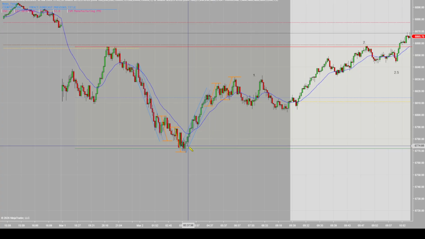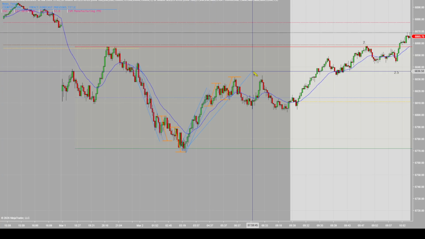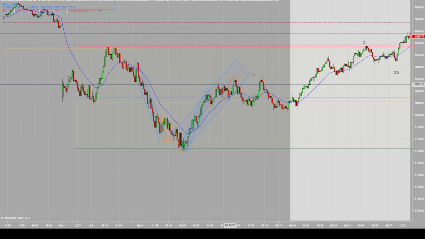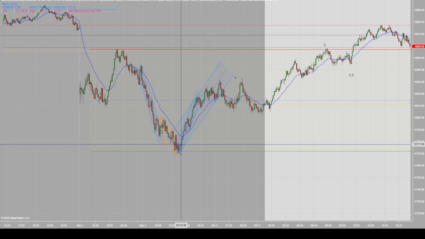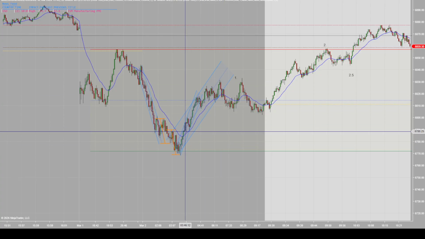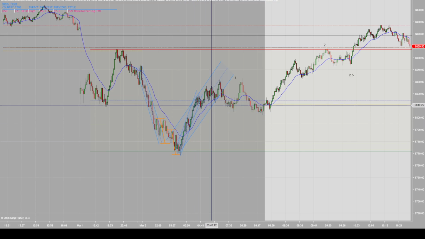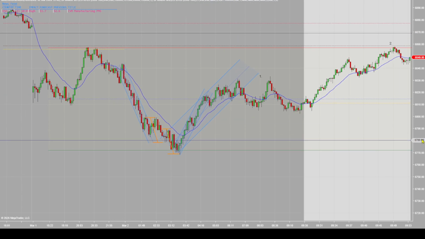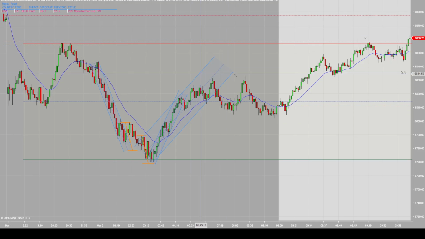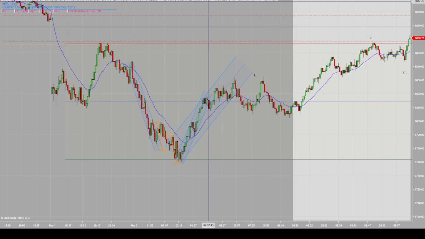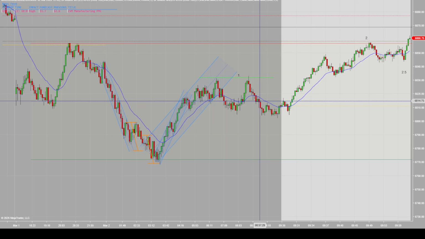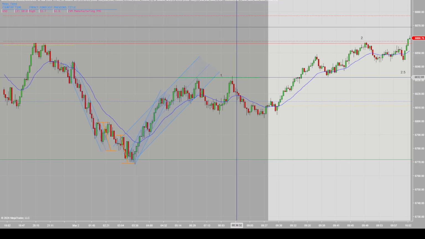So the way that you would view this then is this here is now just one leg up. So on a bigger picture, this is one leg altogether, where on a smaller picture, even though it's around the same time, that's how you would view it. So then from here, this uptrend needs a new high. So this is the new high level here. So technically you get a break to a new high here,